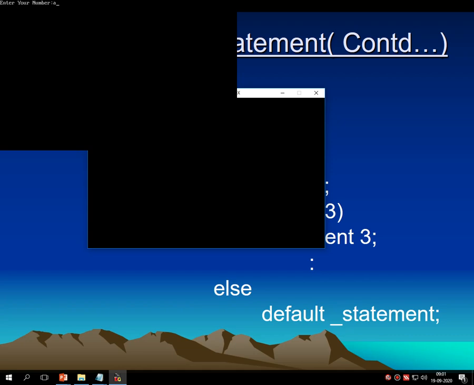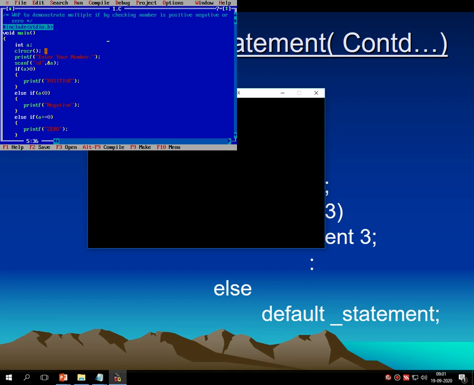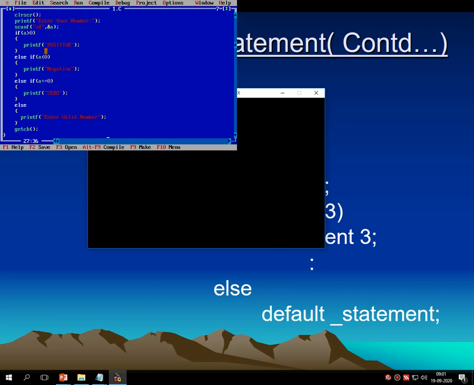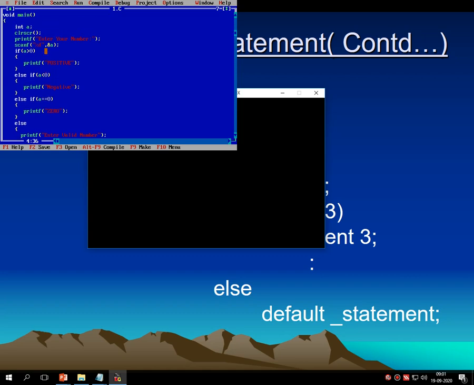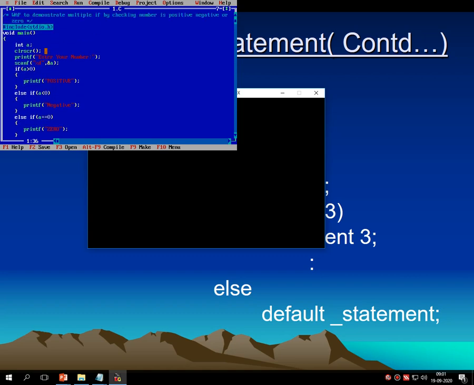In this case, condition number 1 is false, condition number 2 is also false, condition number 3 is also false. So the default statement executes. That is, enter a valid number. Clear? So in this way this program runs properly.